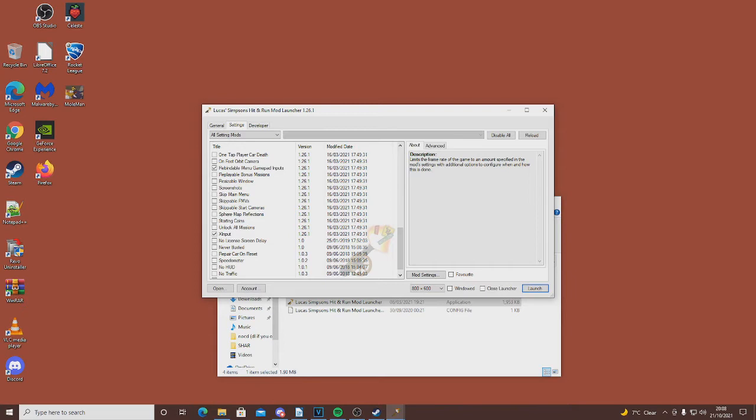The next part is preference, but I like to play on 4:3 with a resolution of 1280 by 960, and also in windowed mode. You may be prompted to find the correct EXE file when you launch the game. Simply go to your full game directory and press the EXE file when prompted.